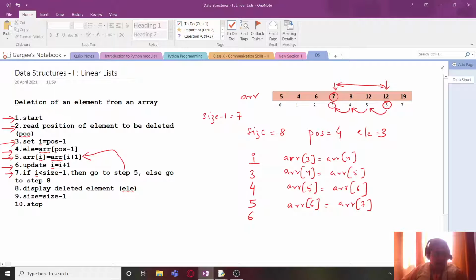And again we are going to update I, which makes it 7. We will again check if I is less than size minus 1. So now both size minus 1 and I are 7. That is, both their values are equal. I is not less than size minus 1. That means this condition is false. So we will go to step 8.